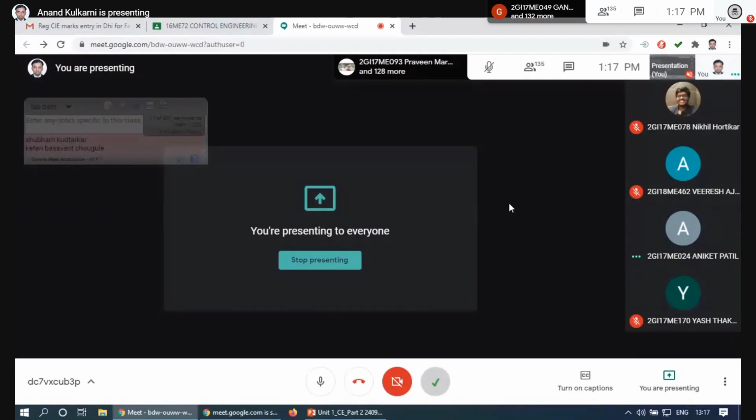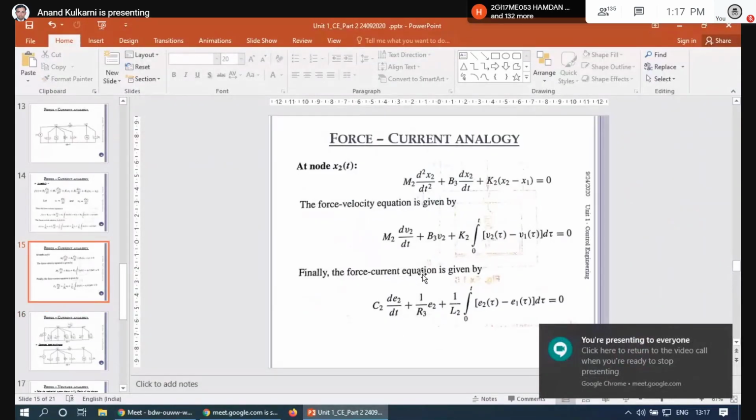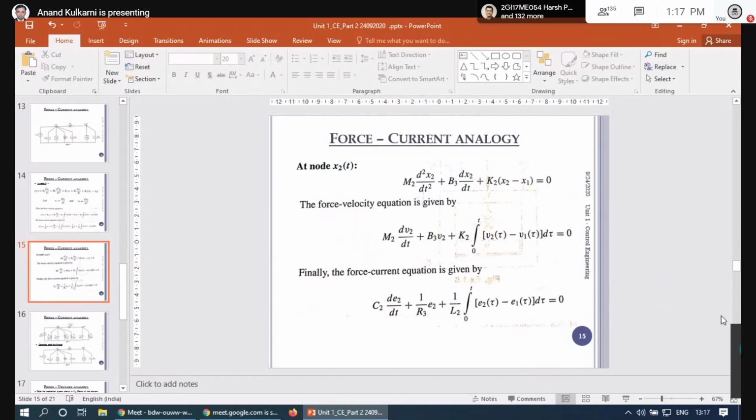Sir, please take the equations page. Equation page. Okay, just previous or this? Sir, in this one, we have displacement here. We can convert it. Take the analogy of flux also here, or we have to reduce it to velocity and then current? No, no, no. It is whichever is feasible for you.